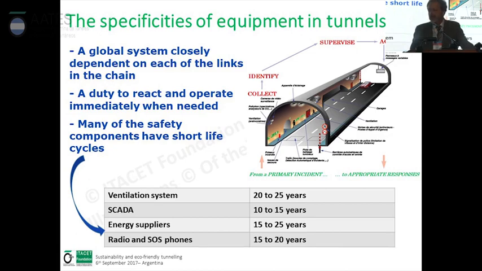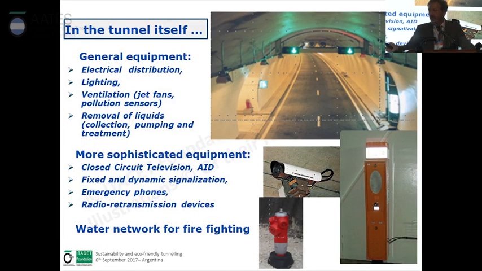And so it means that the global chain works only if each of the links works. So it's important to think about all the components. And all the components have very short life cycles, so we have to care about all these different aspects. This is a small list of what has to be controlled in the tunnel itself: the general equipment, electrical